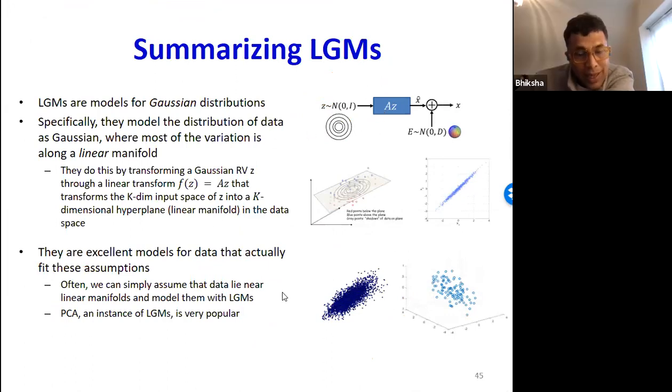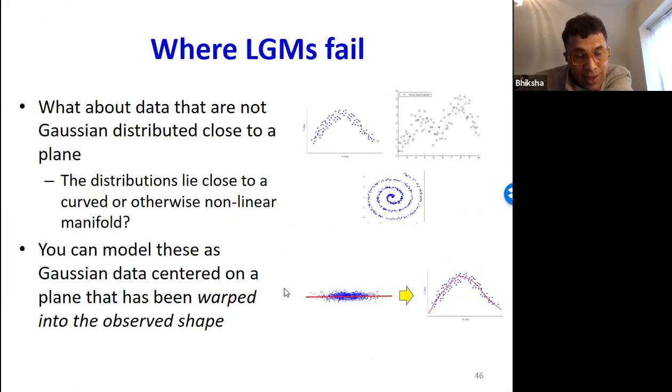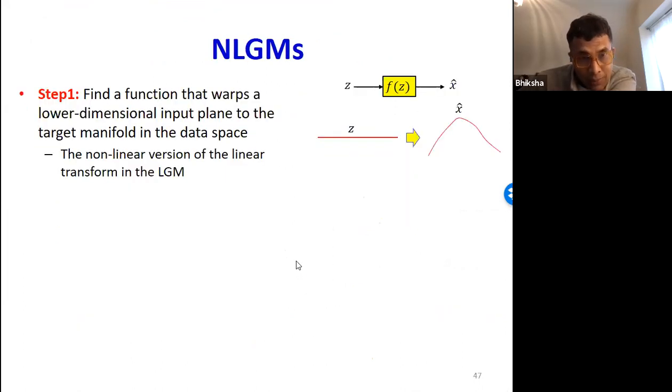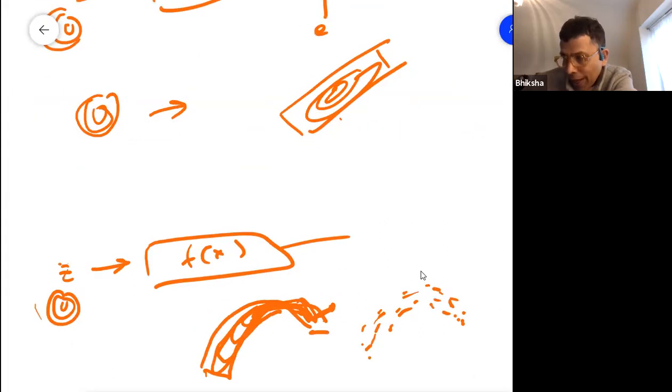Okay. And this is really what we call a nonlinear Gaussian model. Now if I want to learn the nonlinear Gaussian model, what must I learn? In the case of the linear Gaussian model, I had to learn the bases of the subspace. In the nonlinear Gaussian model, I'm going to have to learn the shape of this curved manifold.